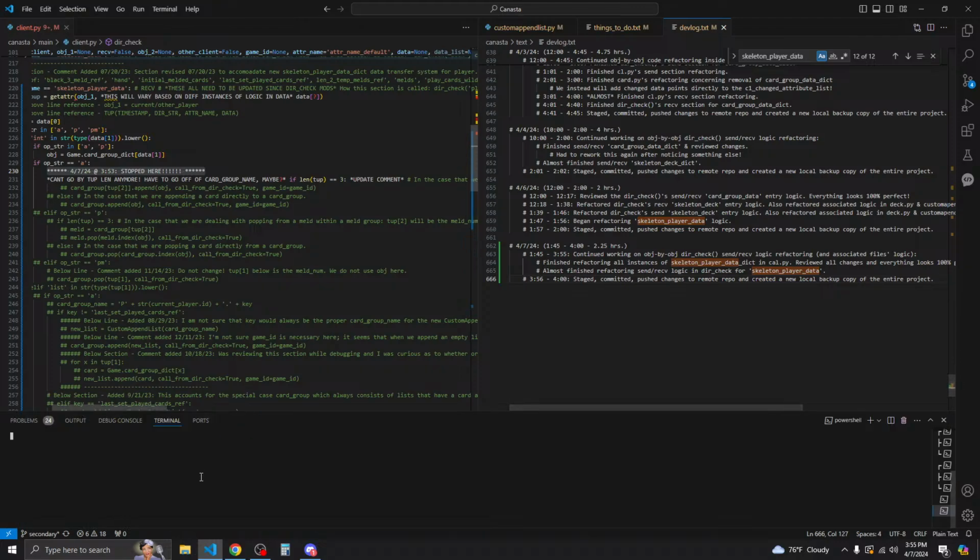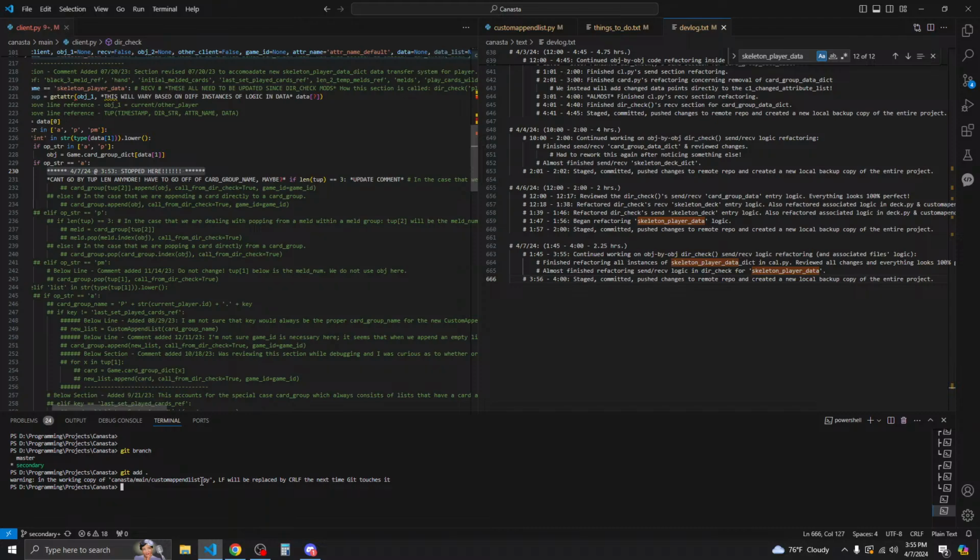Open up the terminal. We're in the root directory. We're gonna check our branch. Secondary is the correct branch. We're gonna git add dot. So LF will be replaced by CRLF. That's inconsequential. Git commit -m for our commit message. We did not actually copy that correctly. So let's redo that.